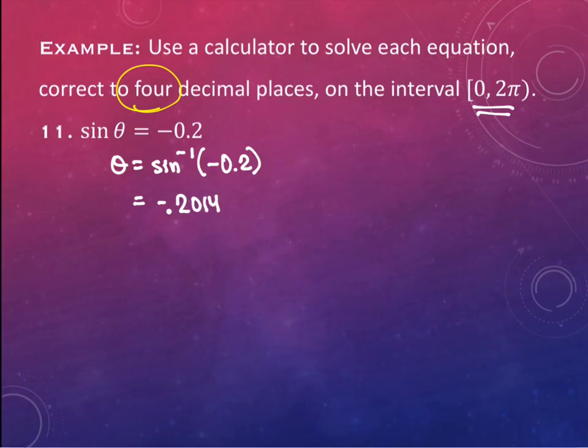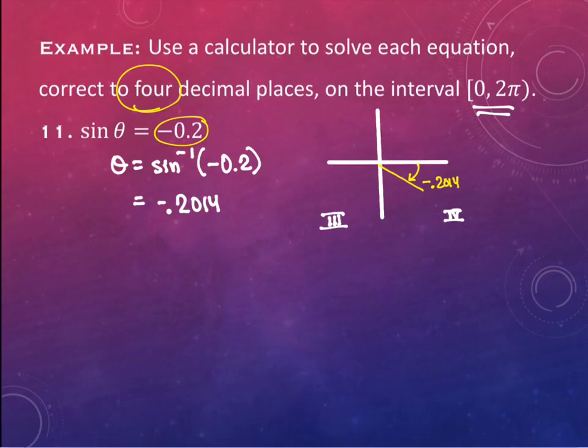Correct to 4 decimal places, it's 0.2014. And if you remember, inside of our unit circle, our sine values, in order to be negative, like it says it's supposed to be right here, would actually be inside of quadrants 4 or 3. And arc functions actually focus us with sine in quadrants 1 and 2. I'm sorry, 1 and 4. So the angle that it's giving us is down here. And that's okay. It's negative